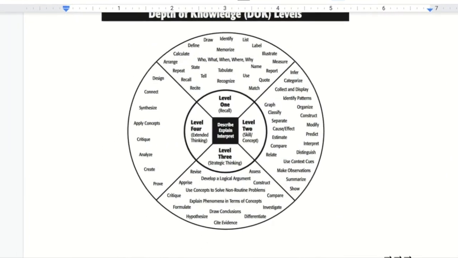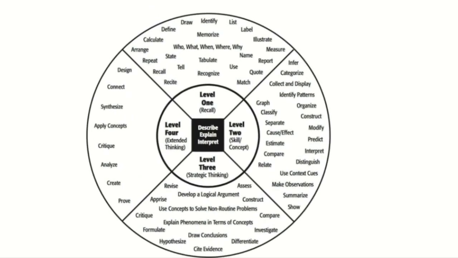So here's the chart, and you can see the different levels. And a lot of your who, what, where, when, why stuff is just recall. And then if you're kind of like discussing cause and effect or classifying things or predicting, that does bring you to the next level. But my favorites are the levels 3 and 4. I tend to sit most in a combination of 3 and 4. So I really like to ask students to analyze